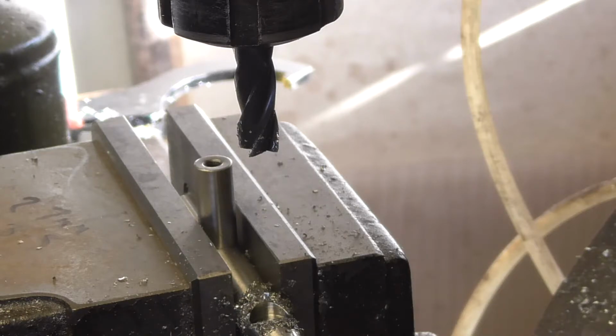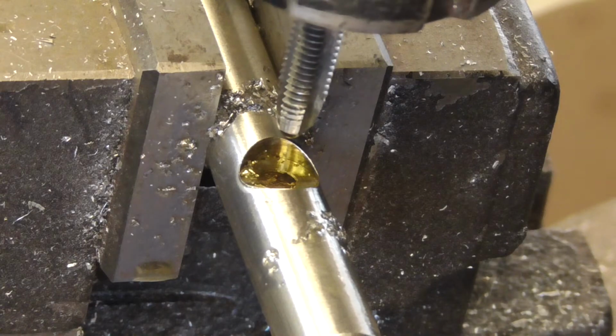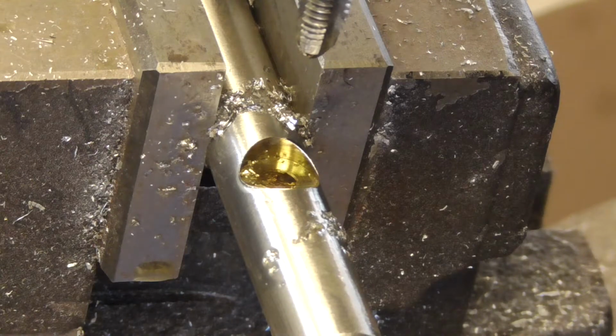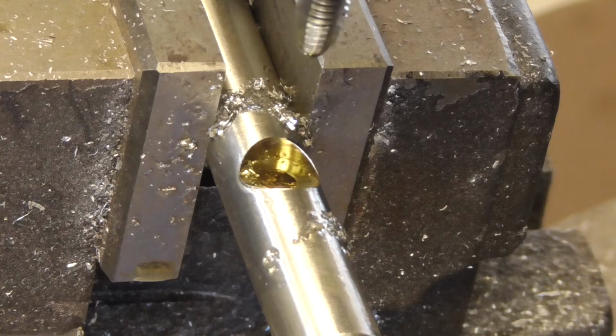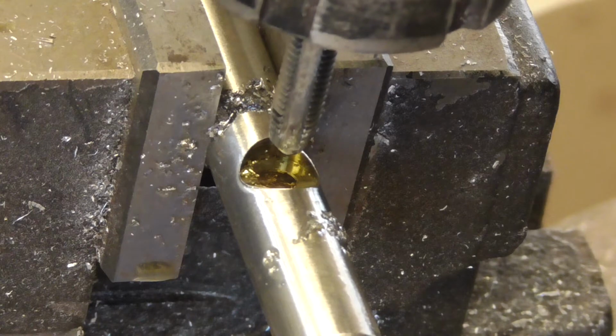So, next step, tap. So I've got my starter tap in. There we go, look, there you are. I've got the belt off the mill so I can spin it by hand. You can just see that tap spinning. Hopefully, just by hand, I should have enough to do it. If not, at least I can get it started and then use a proper tap driver. So let's see how this works out. Once I've done with the starter, I'll go in with a bottoming tap, but